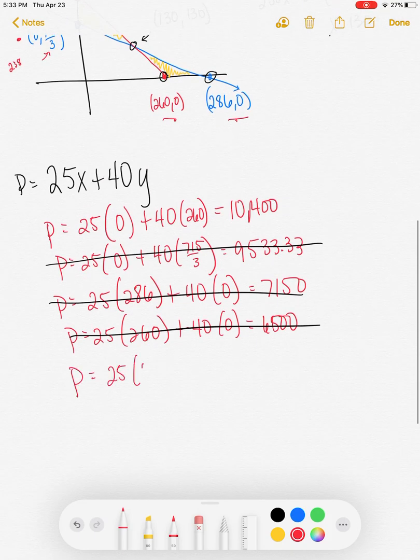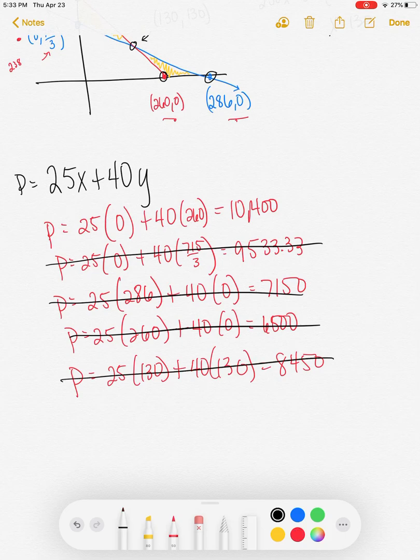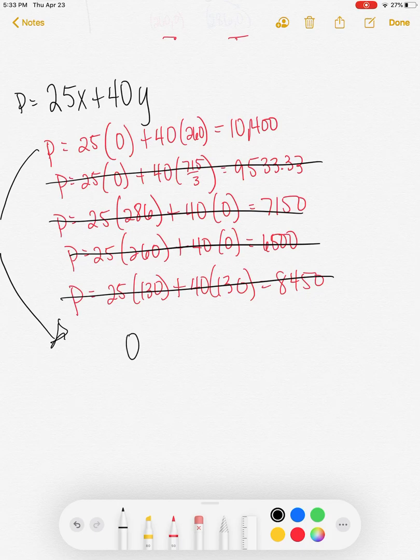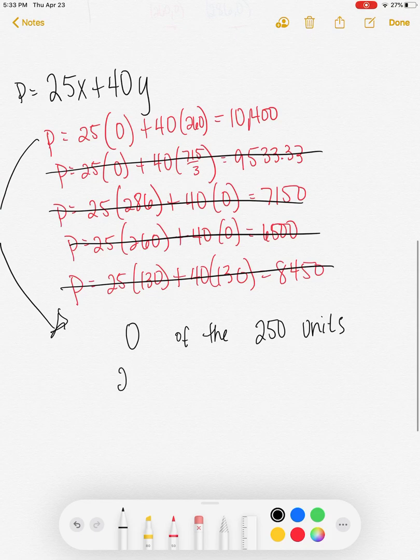I have one more option. That would be the point of intersection, 130 and 130. So check the profit at 25 times 130 plus 40 times 130. I came up with 8450, which also does not maximize. So it looks like this is the one that maximizes my objective function. If I sell 0 of the $250 units, and I sell 260, all of my inventory of the $300